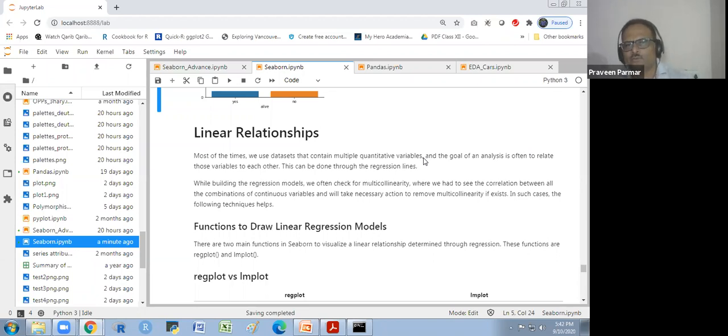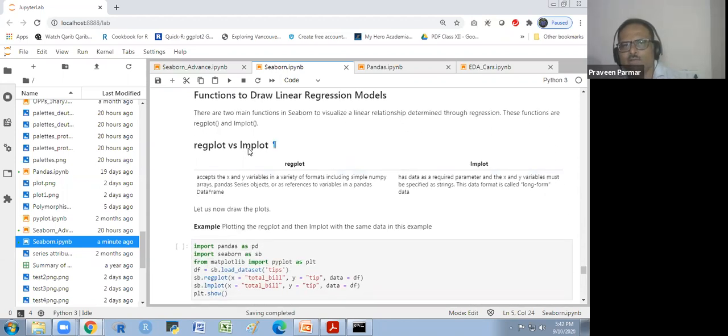So the functions to draw a linear regression model. There are two main functions in Seaborn to visualize a linear relationship determined through regression. These functions are regplot and lmplot, linear model plot. It is not an IM plot.